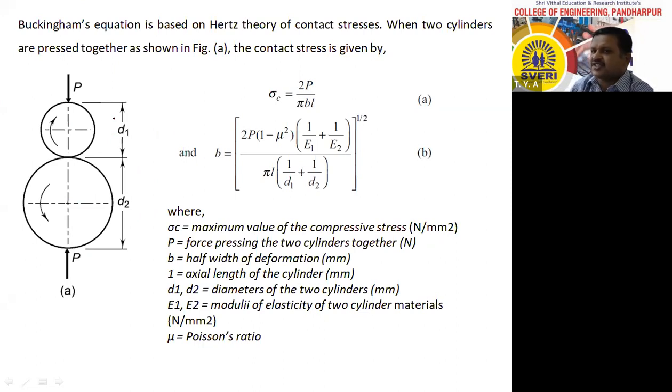Therefore, the contact stress is given by sigma C is equal to 2P divided by pi BL, where B is equal to square root of 2P into bracket 1 minus mu square into bracket 1 upon E1 plus 1 upon E2 divided by pi into L into bracket 1 upon D1 plus 1 upon D2, bracket raised to 1 by 2. That is the value of B, where